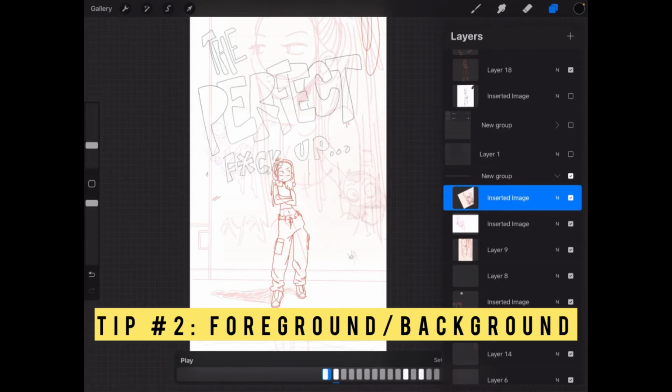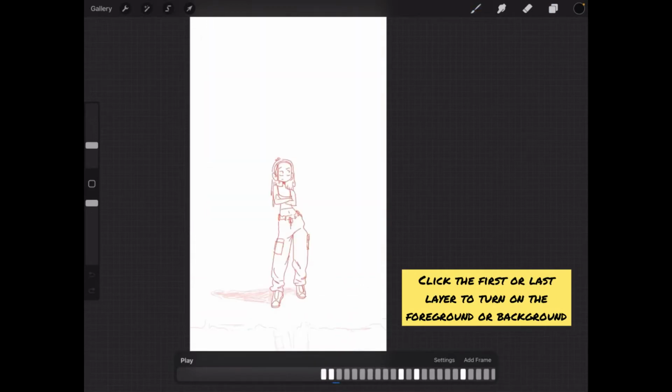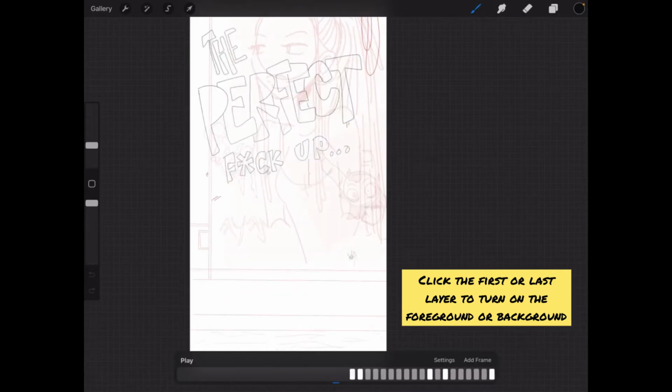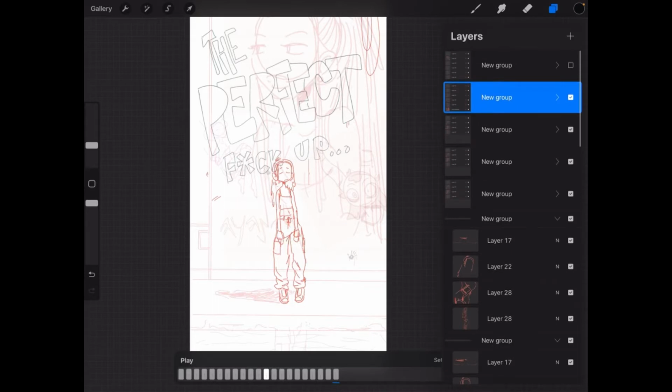And that brings me to the second tip, which is utilizing the background and foreground on the timeline. So right here, I'm able to turn the background on and off. Without it, the animation just goes by itself. But once you turn that background on, it sticks throughout the entire animation. And if you want to create a foreground, you can simply by,